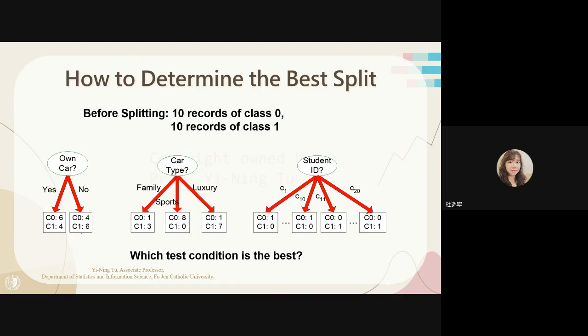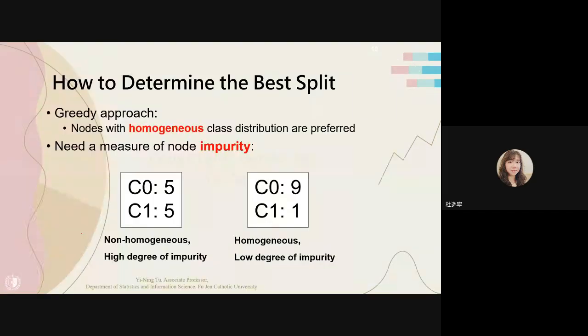Then we will introduce another concept. We call that impurity. Greedy strategy tries to use nodes more homogeneous. 什么是 homogeneous？同质性。英文不清楚写下来。同质性。如果 the nodes with homogeneous class distribution are preferred, because,